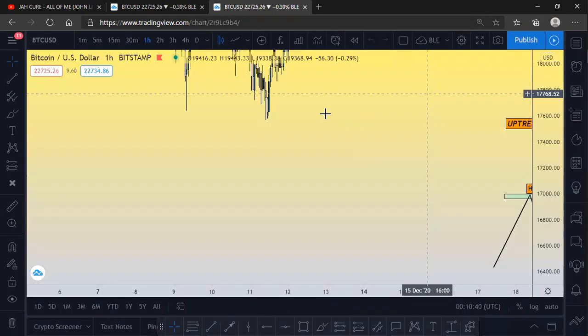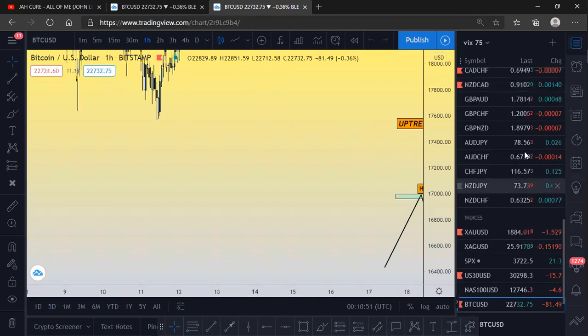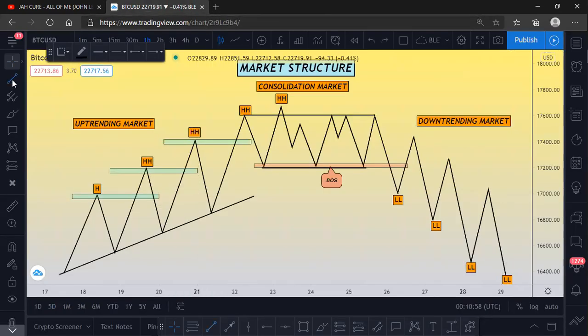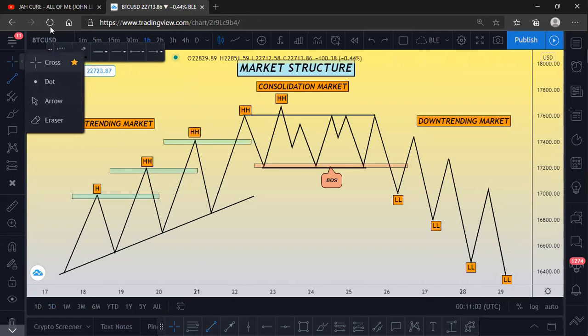To choose a currency pair, you come to this top right corner and click it. I have my pairs here, but you can see all the pairs you want to analyze before trading also. Then you come to the left side here. If you click this, this is the cross, the dots, the arrow, basically what you want to show. If I choose the dot, it will not show as a cross again, it will be shown as a dot.